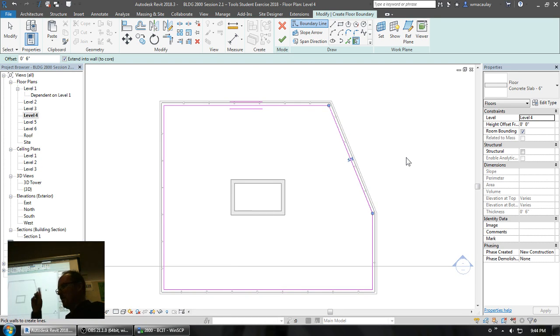If it does not, so let's say this line over here, this sketch line's on the outside of our curtain wall. We don't want that. So once you've got all of your sketch lines placed all around the perimeter, and you've got this one oddball that's messed up,